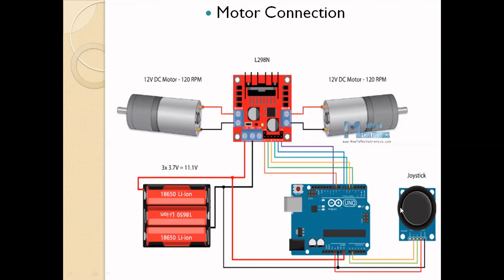Next, here we have the joystick. What is the use of the joystick? You can change the direction of the motor, or increase the speed of the motor. If you take any robot, you have to move it forward and backward, so there is a direction. Next one is speed, meaning the speed of the robot you can change. So we need some joystick or input. If you change the input, you can change the speed and the direction by using this joystick. Automatically, the motor speed and motor direction will change.